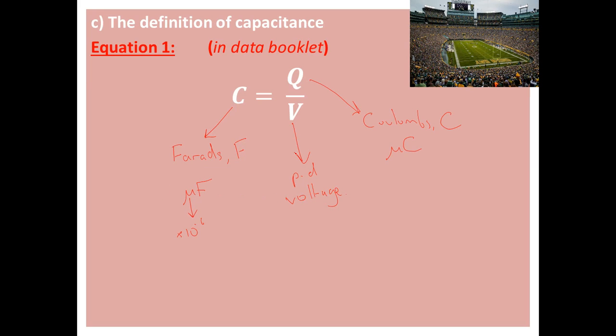Now, the WJEC do like to link this to prior learning as well. So it's important to also remember that you've covered charge in Unit 1, where we looked at the definition for current as being the change in charge divided by the change in time. Or you should also know the definition of the amp, where 1 amp would be the equivalent of 1 coulomb of charge per second. So they can tie that in as well to lead you in other directions with the